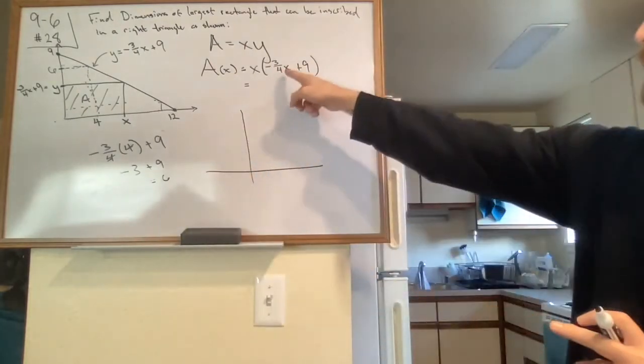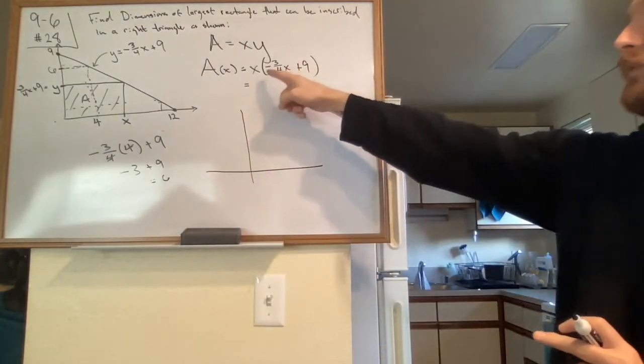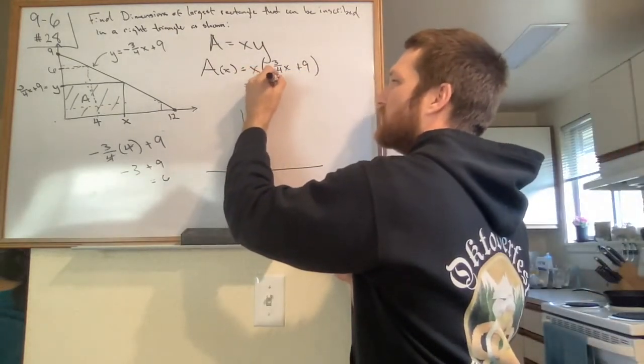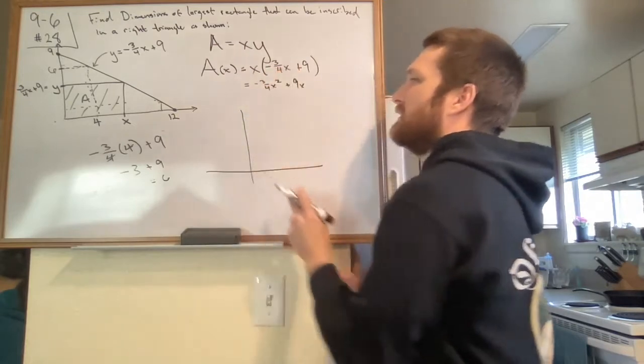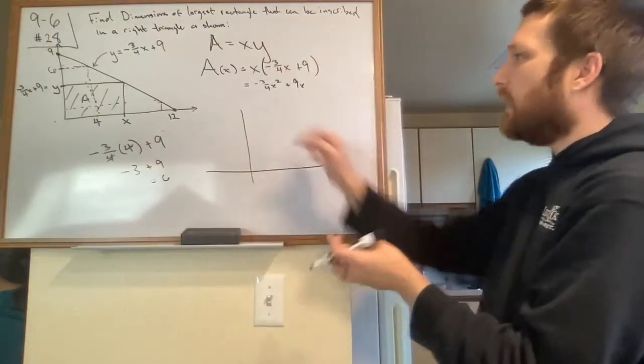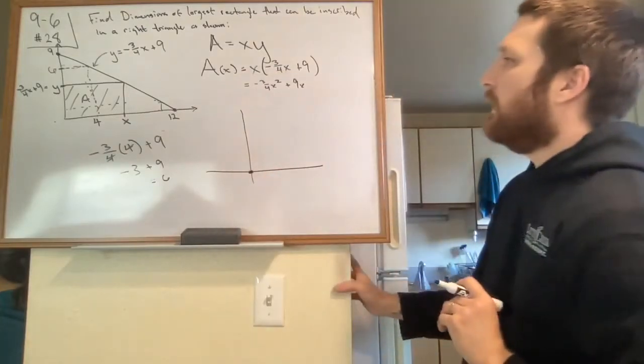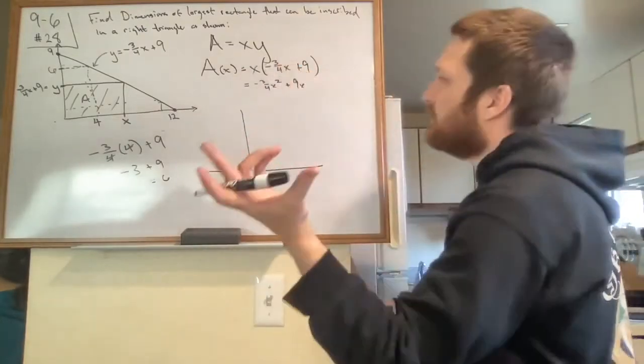You can tell it's going to be a downward facing parabola because we're going to have a negative 3/4 x squared plus 9 times x. And so it's a downward facing parabola. It's got to go through here at 0. And again at, let's see,